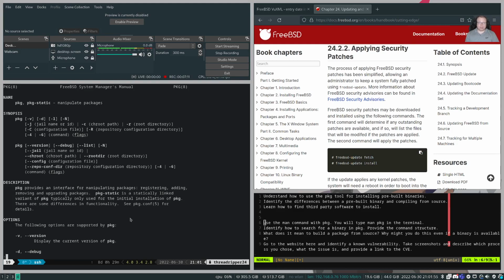Now, I don't blame you if one of the first things you do is go and open up a browser and head on off to Google and then ask, how do I update applications in FreeBSD? How do I install an application in Arch Linux? Those are fine. Those are good questions, and you're going to get an answer off of something like Stack Overflow, and that's totally okay. But in the event that you ever end up at a place where you don't have